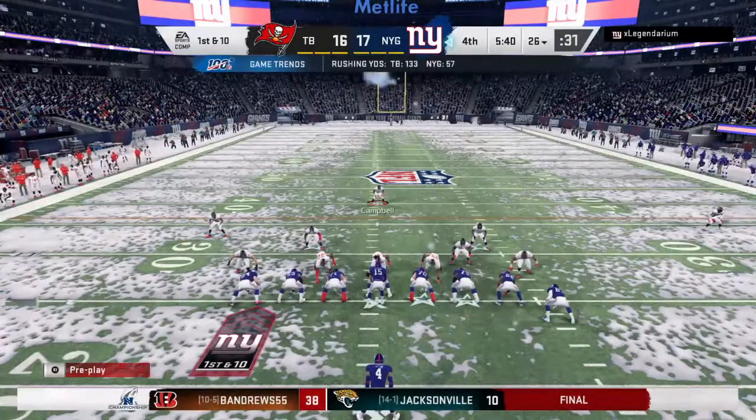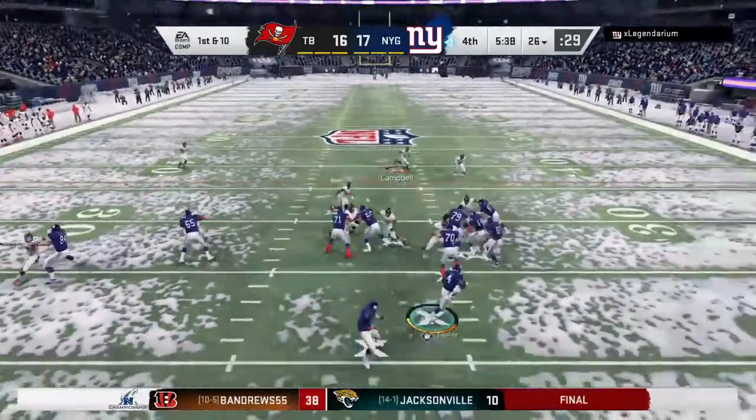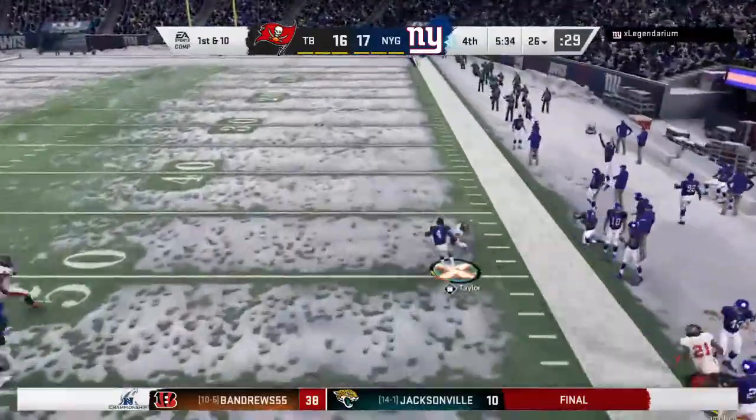That last drive, it was a good mix. Run, pass, defense on their toes. And what really helps out in a big way is when you're doing the run-pass mix and everything's...